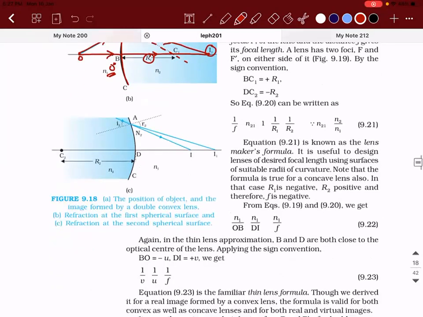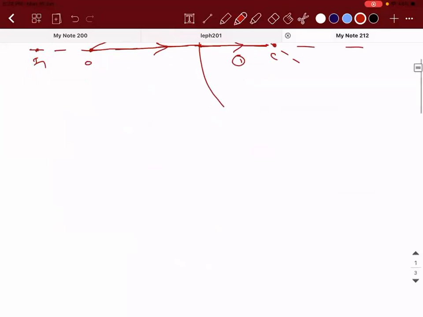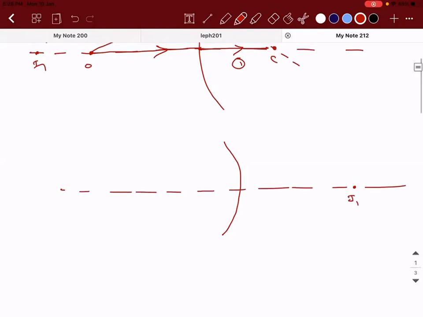Right? Now listen. The image formed due to the first refracting surface will act as the object for the second refracting surface. So when that is the case, the derivation is very simple, but you need to understand the logic. So it is assumed that the image is formed here. Okay. This is mu1, this is mu2. If the ray is taken like this, at this point you have the center of curvature. The ray will travel like this.